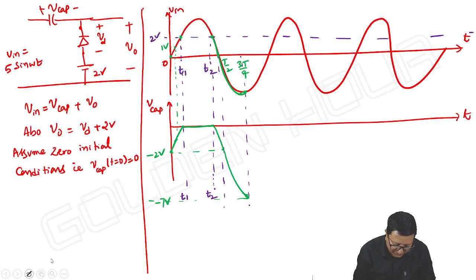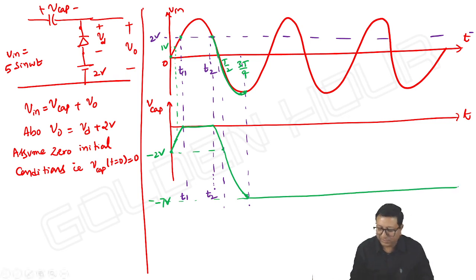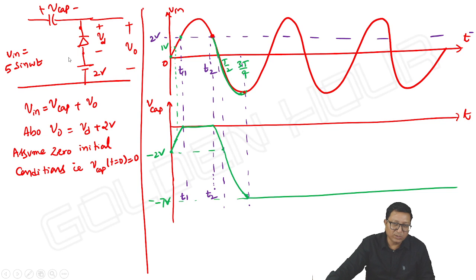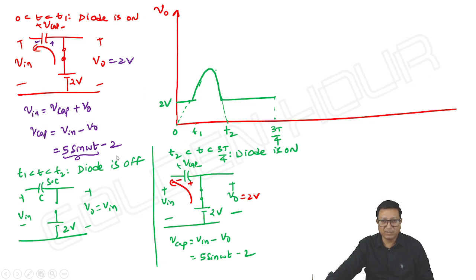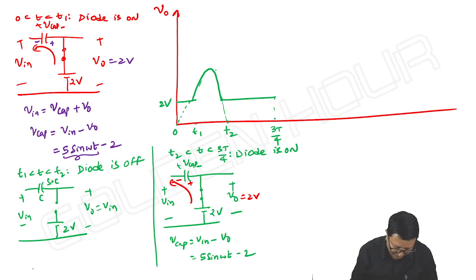So here the capacitor is neither charging nor discharging. It maintains that minus 7 volts forever. The capacitor charges from 2 to minus 5, a total of minus 7 volts across it. Once the diode is experiencing some negative voltage, it never conducts. For the diode to conduct again, input should fall below minus 5. Then only there is a scope for the diode to conduct again, and to that peak the capacitor will charge. So from here onwards, what we can write, just if I take